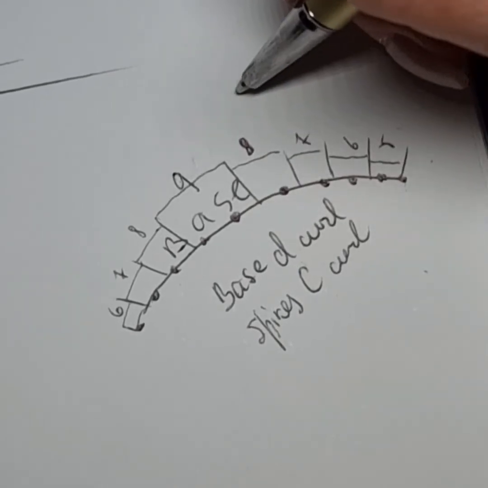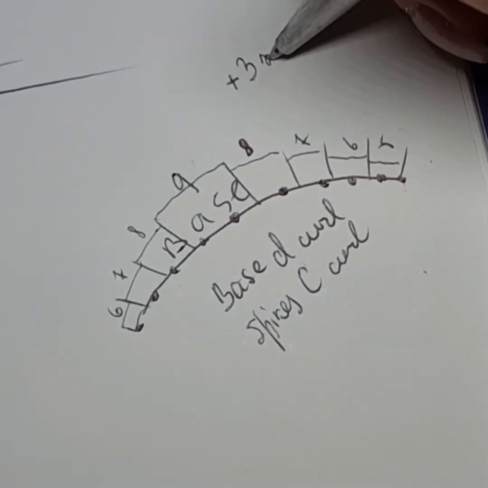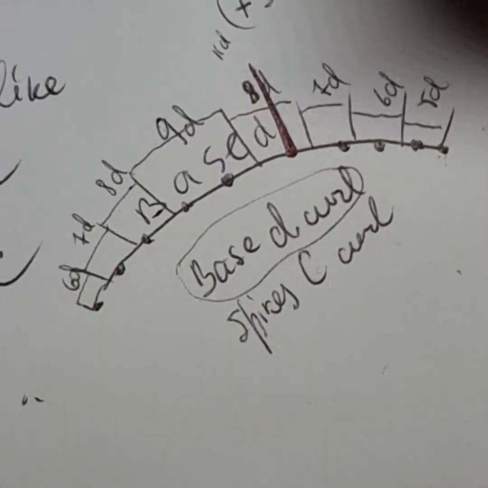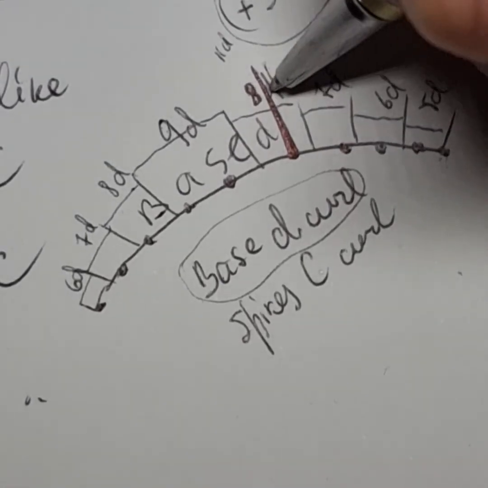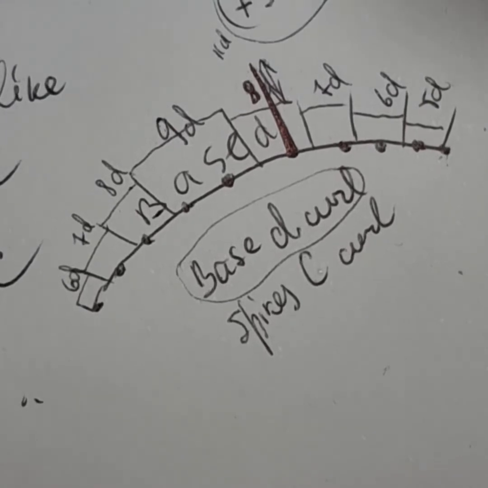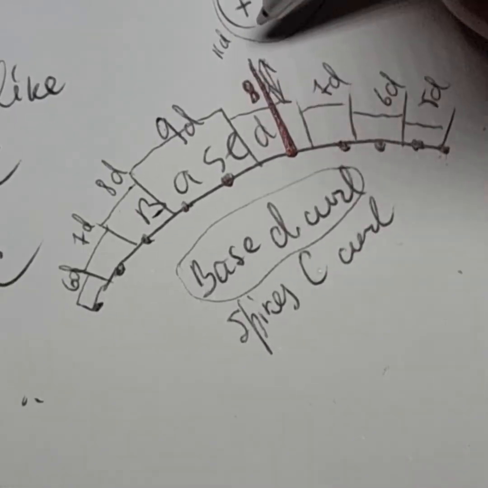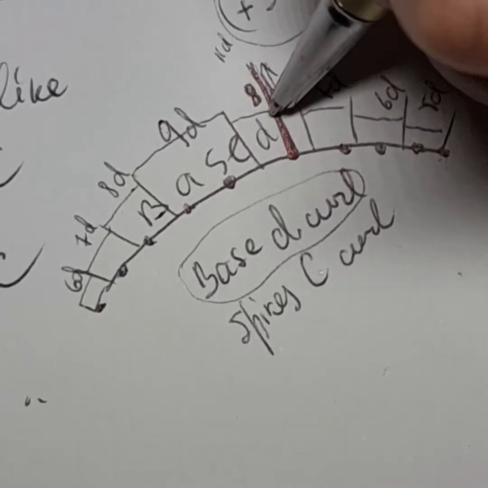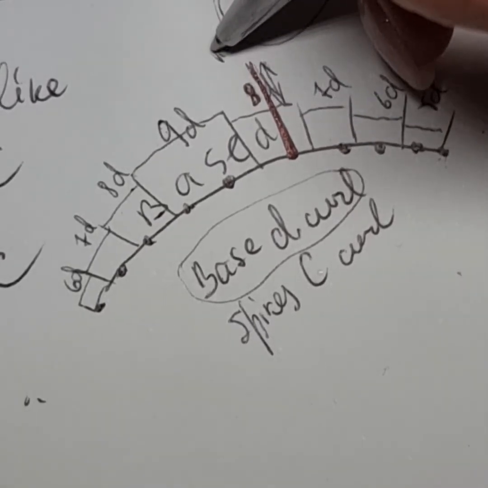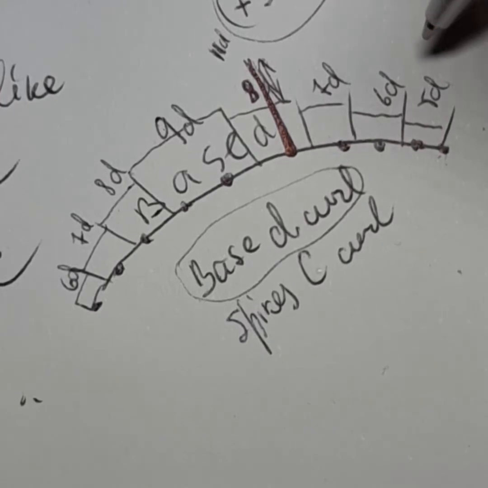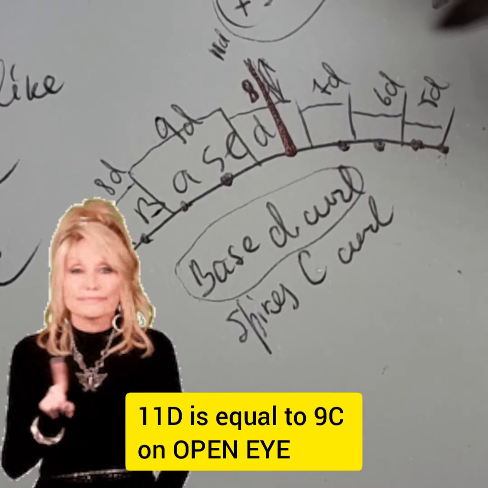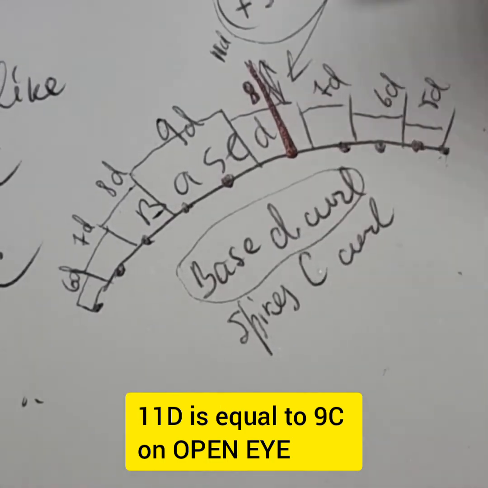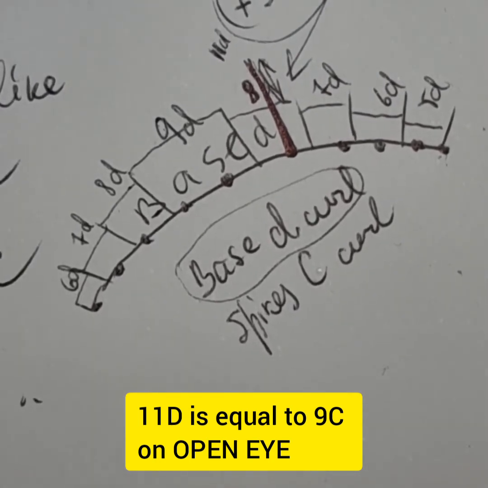We remember that we said that the spikes are going to be plus 3 sizes up. In section 8, we decided that our spikes are going to be plus 3 sizes to see that difference, so that they stick out. So from D, if I was using D spikes and D base, I would use 8 plus 3, which will be 11D. But my 11D is not the same as 11C. If I'm going to use 11C in here, remember the rule, -2 in my brand,